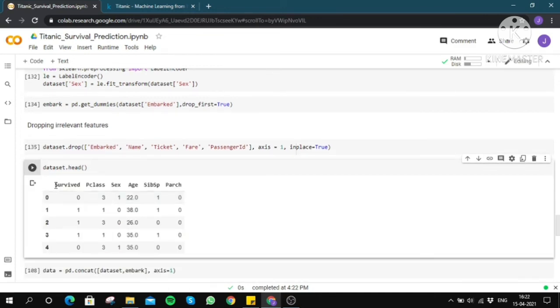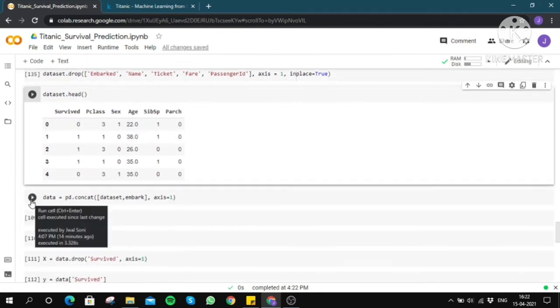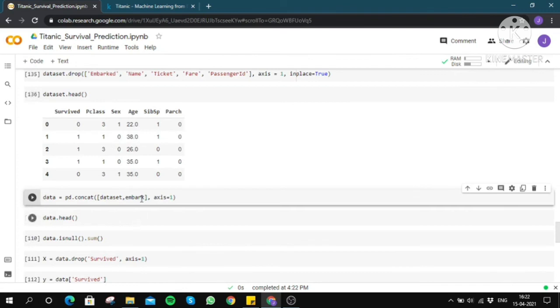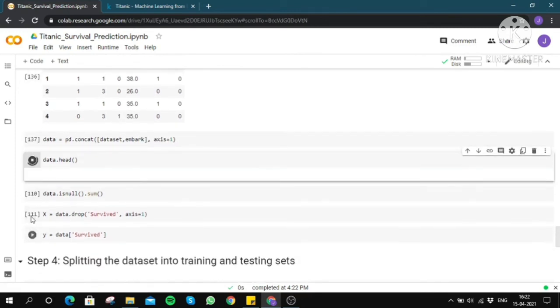As you can see, the dataset has now been streamlined to the survived column, passenger class, sex, age, whether the person has siblings or spouse, and parch. Now let us concatenate the embarked columns, which we created using get_dummies, into the dataset.